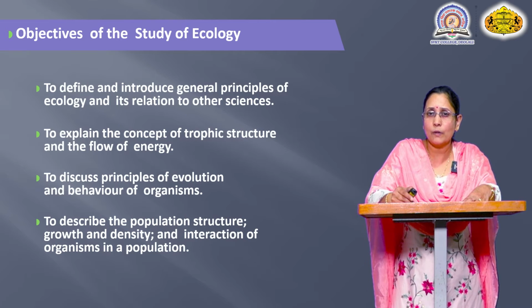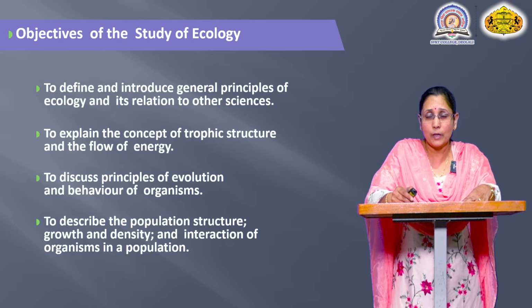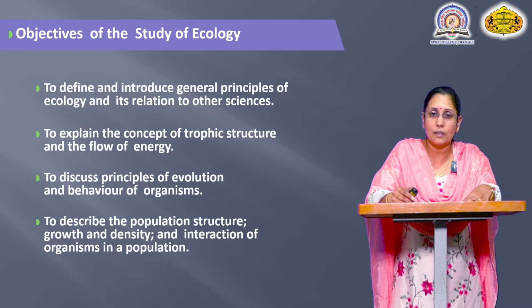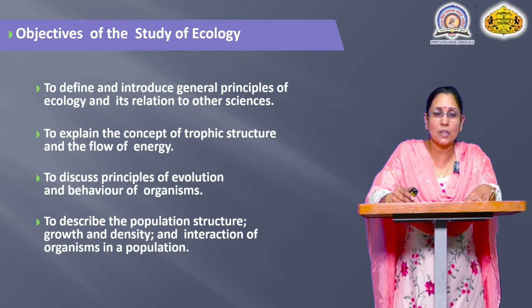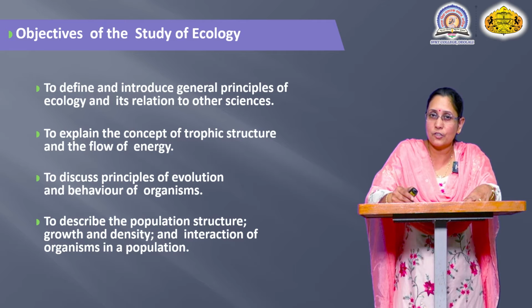So here I took one example of life science. You can take any one example of physical science, chemical science, etc. Okay. If you are talking about chemical science, then you can take soil chemistry or the study of soil. So we know in soil various minerals are there, various microorganisms are there, etc. So here the first objective is to define and introduce the general principles of ecology and how it is related to the various sciences, as life science is there, chemical science is there and physical science.